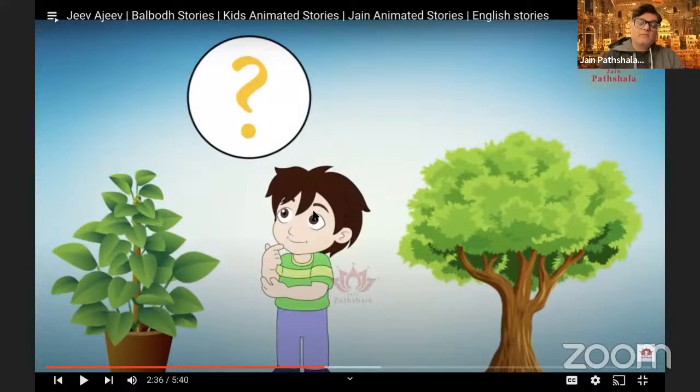Okay, so plants are Jeev. Now, last class we did the topic of the five senses. What is the difference? In Jainism we classify Jeev based on the number of sensory organs they have. So there are ekendriya Jeev who have one sensory organ, two-sense Jeev which have two sensory organs, three-sense Jeev, four-sense Jeev, and then the highest order is the five-sense Jeev. In five-sense Jeev there are two categories, sanghi and asanghi.